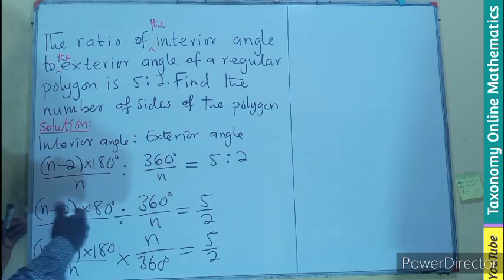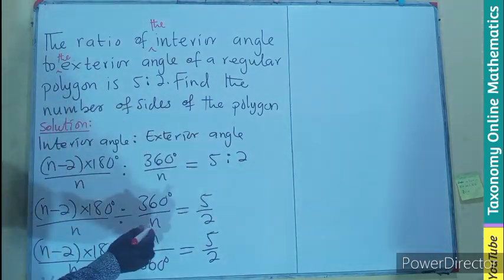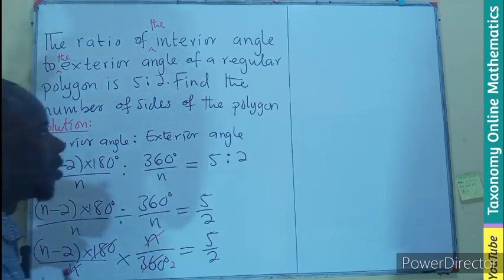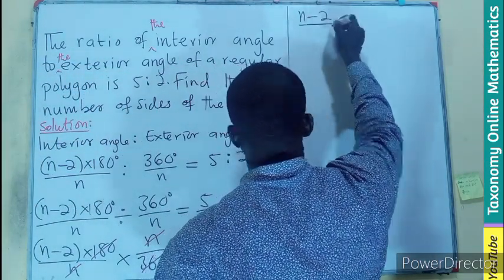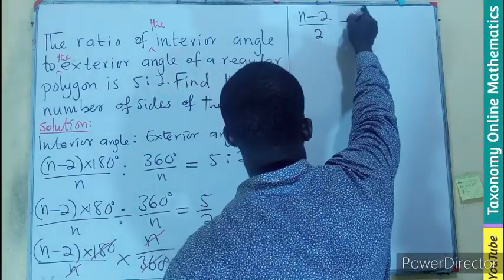Hence we can cancel the n in the numerator and denominator. Then 180 divided by 360 gives us only 2. So the bracket times 1 will give us n minus 2, then 1 times 2 will give you 2,